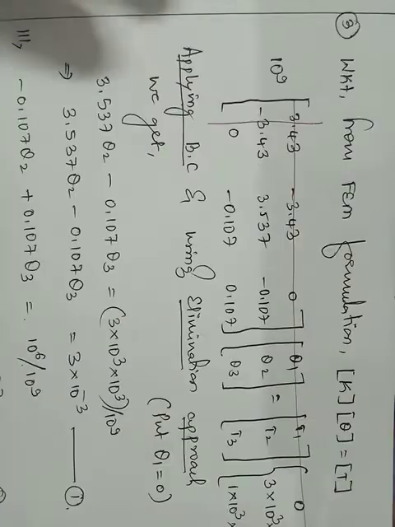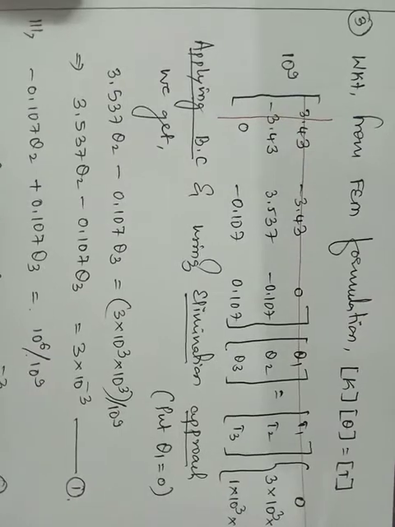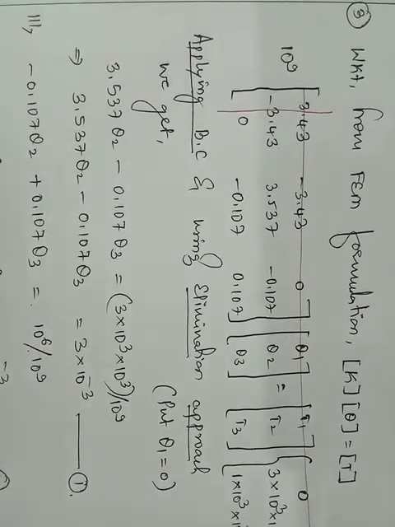So the next step will be step number 3. We know that from FEM formulation K into theta is equal to T. K into X is equal to F is what we have been studying since the first class, where X was displacement. Since here the moment is a rotary moment, we are considering it as angle of twist, so X is replaced by theta. Force vector F is replaced by torque vector